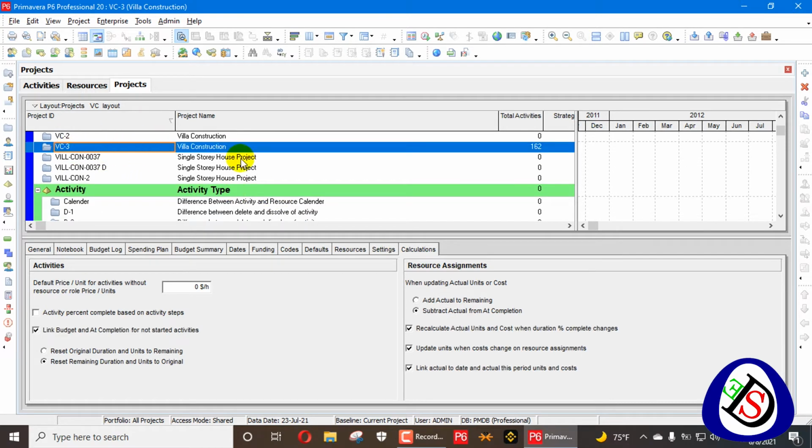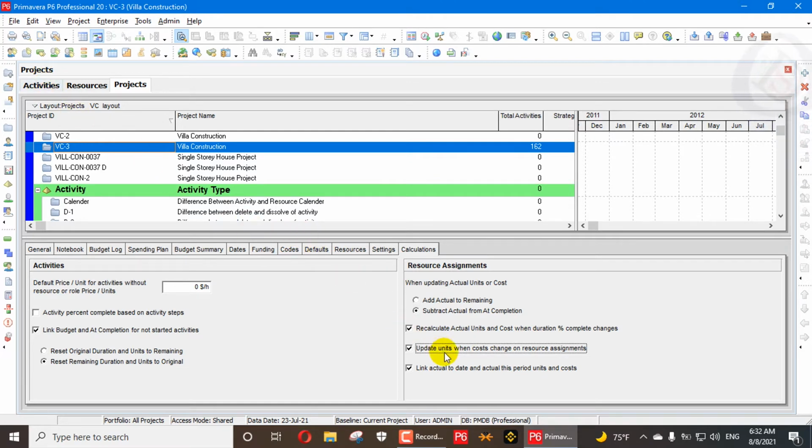We have a villa construction project 3. Update units when cost changes. Mostly this option is unchecked. If your units are not fixed and the cost of your project is fixed, you can check this one. For example, sometimes we have a resource loading schedule with a cost assigned to a material or any resource where the cost is fixed, say $1 per hour. We use that resource as acting as a cost to calculate the cost. So we can fix its units, consider its cost as a fixed unit, and then calculate the remaining units from them.